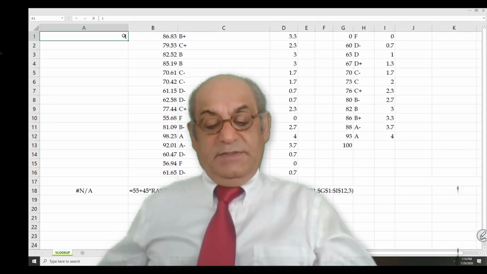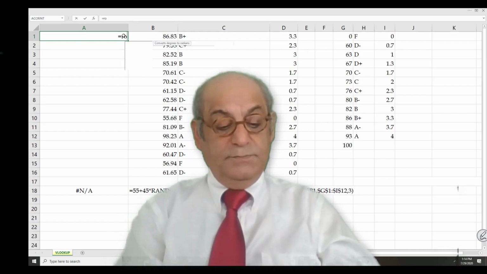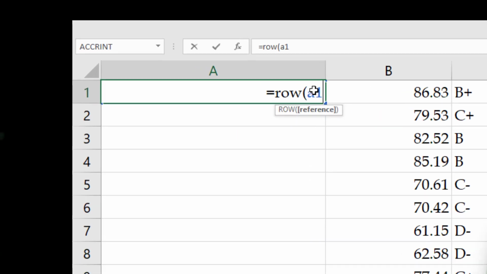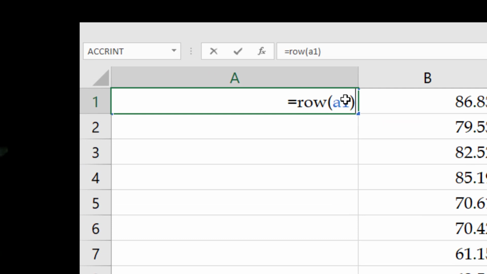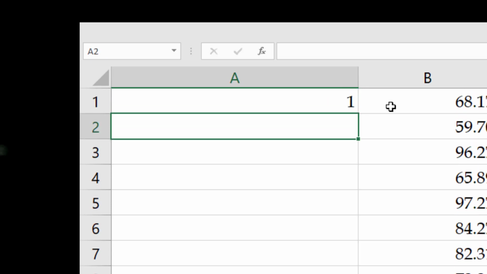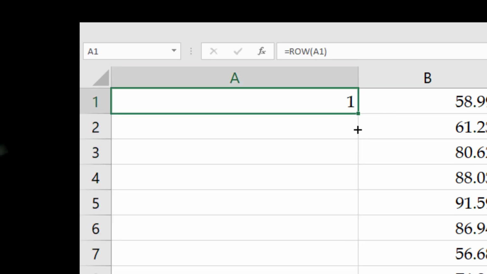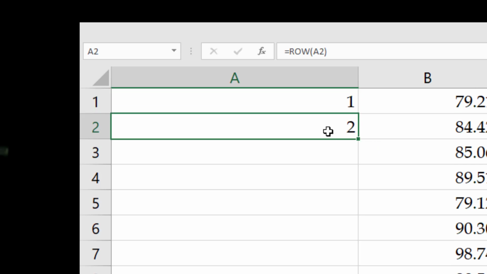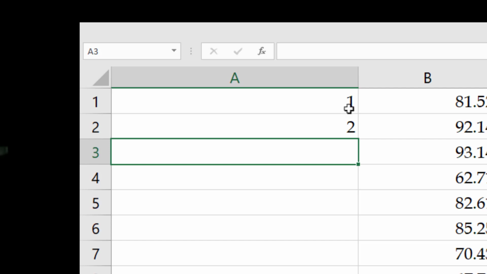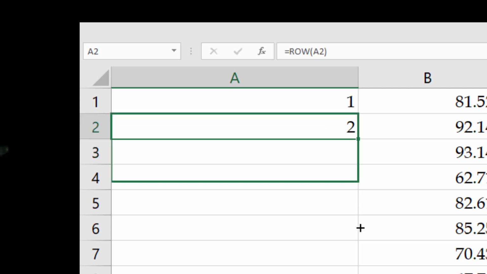One other way is if I go here and type ROW(A1), or B1, or C1, or D1, or Z1, whatever, or AA1, it will give me 1. ROW(A1) will give me 1. Now if I copy this down, A1 becomes A2 because that is relative referencing, and it will be 2. And if I copy it all the way down,